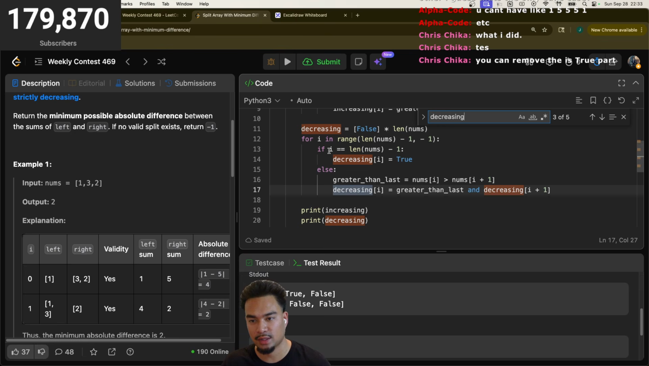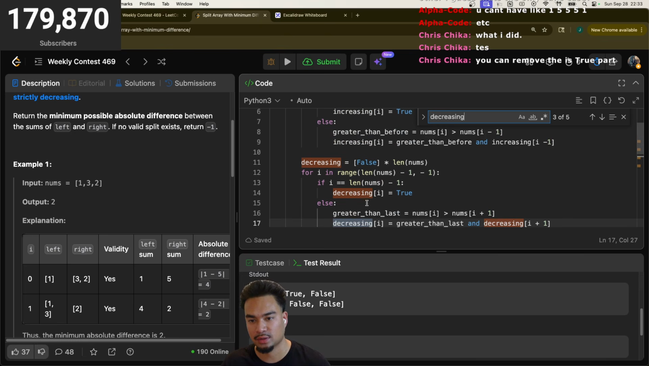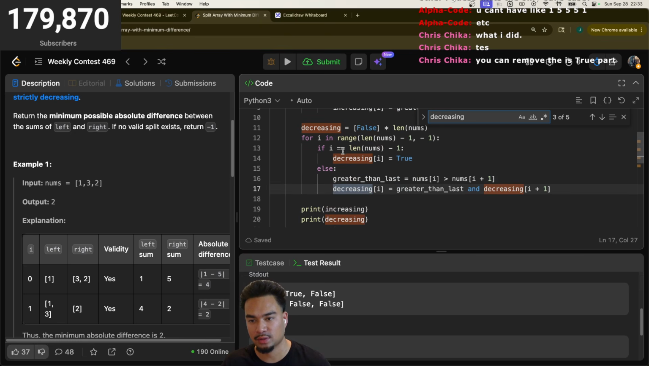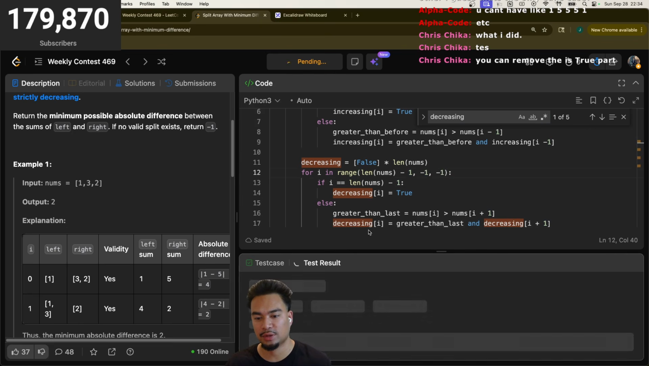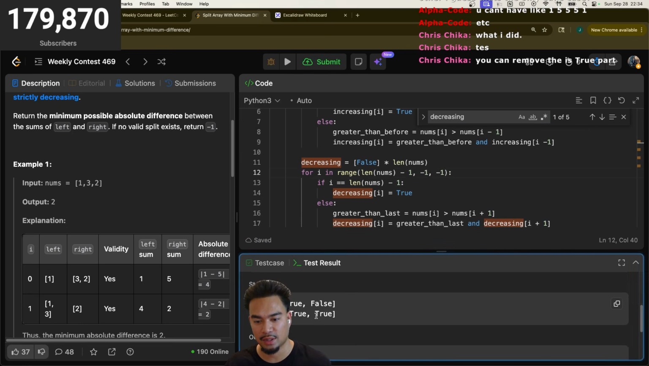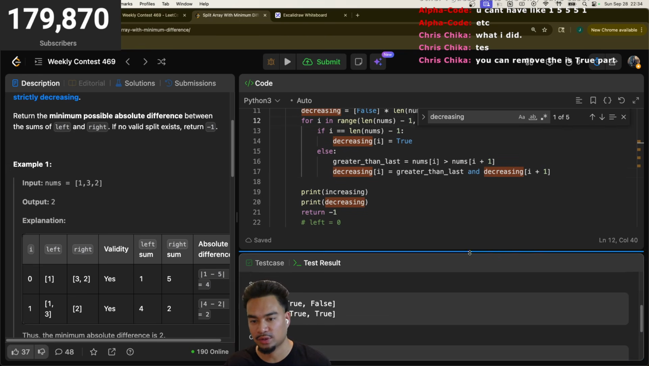If i is equal to... There's probably a small bug I have here. Oh, I wasn't reversing from the back. Okay, true, true. Okay, false. So now all I need to do